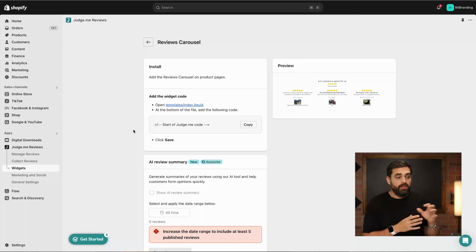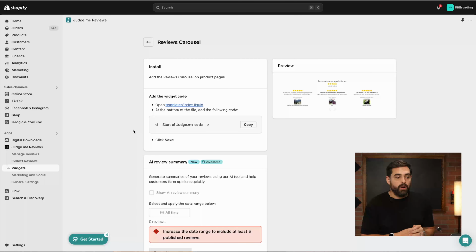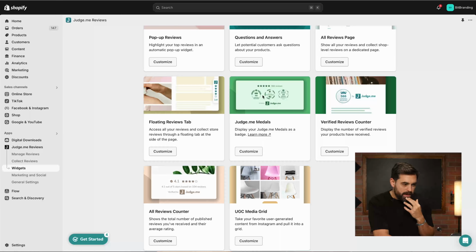So another placement for this would be the homepage. The homepage is a great place to include some kind of social proof, and having the reviews carousel in there would be a good idea. Now, other widgets that I've seen people add, and the ones that I would probably recommend, would be either these medals. So the Judge Me medals are going to be just 3 badges that kind of give you a summary